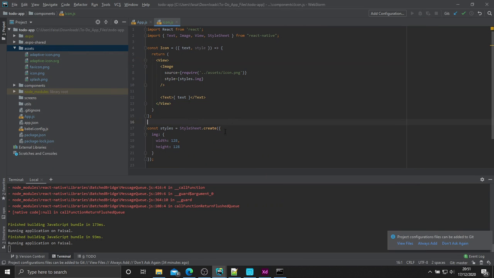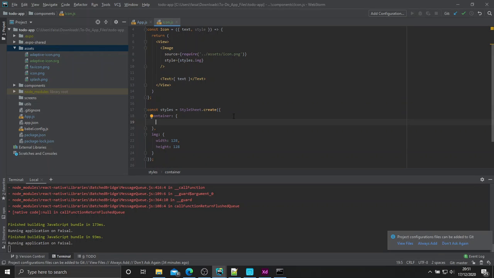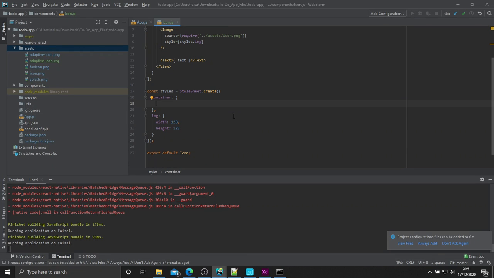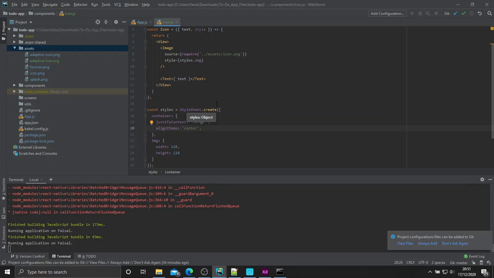So now let's go ahead and add the rest of our styling to make it look more like our design. So we need a container. Now this container is the styling for our view. This is kind of like the master component that's holding it all together. So here we want to go ahead and say justify content center, align items center. So that'll just center everything inside of here,